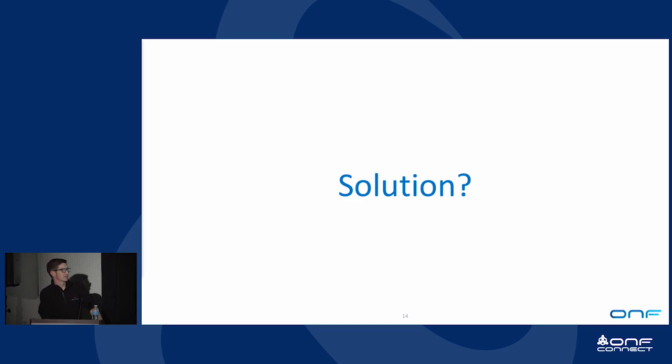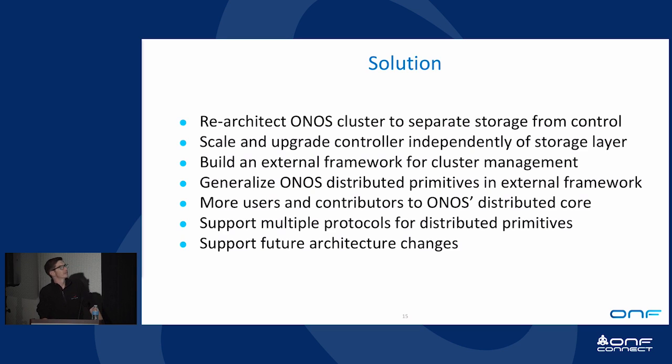So what's the solution to these problems? So earlier this year, I don't remember when exactly it was, I went to the ONOS TST meeting, and proposed that we re-architect the ONOS controller to move the Raft protocol off to other nodes. And that would allow us to scale and upgrade the ONOS controller independently of the storage layer. And then in doing that, I proposed we move a lot of the other distributed systems work into a separate project, as well as the distributed primitives, so we could get more users and contributors contributing to the distributed systems code,